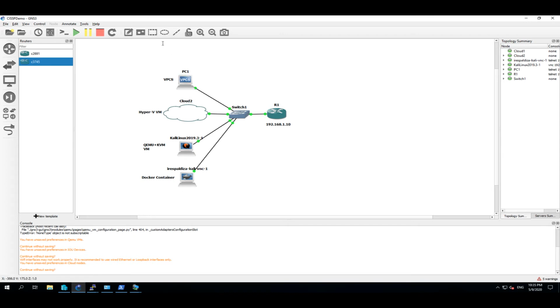Now it's important. You see, we actually have four items. This first is the VPCS, the emulated PC. This one is very tricky. You see the icon is a cloud, but actually it's a switch. Just like I showed you in my PowerPoint, it's another virtual switch, but this switch is